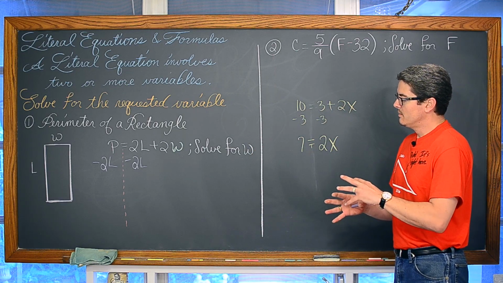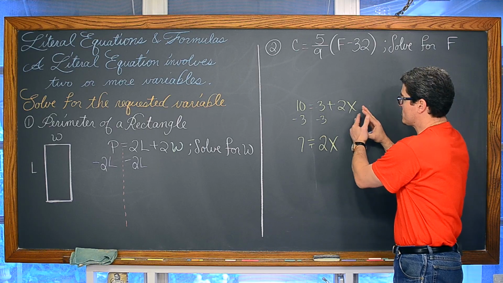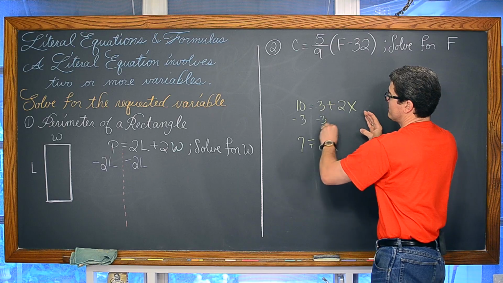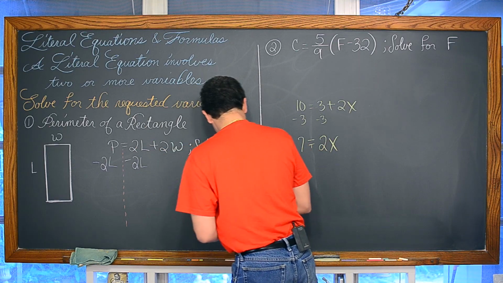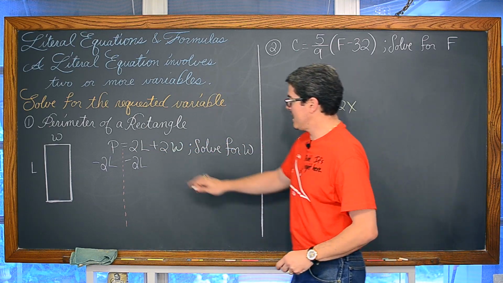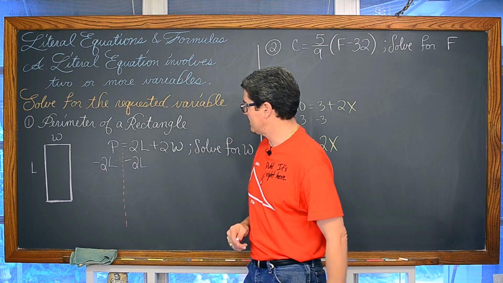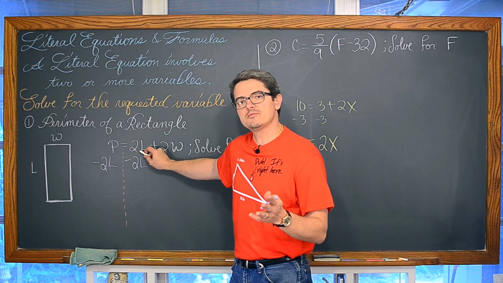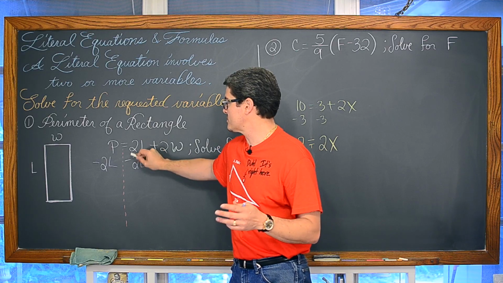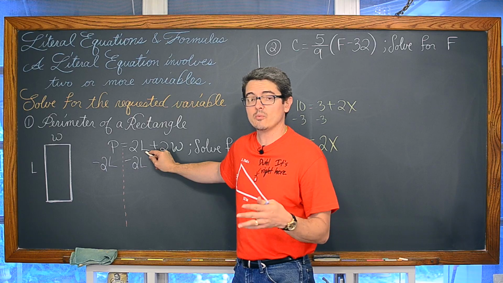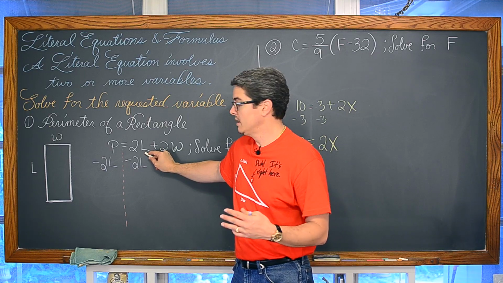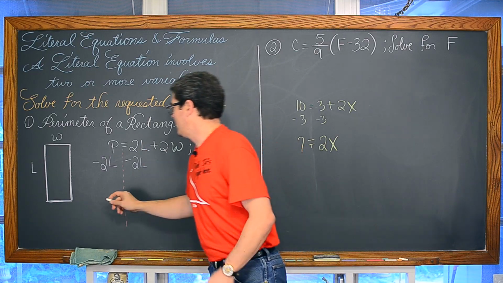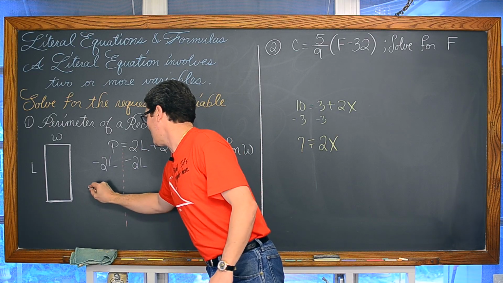So hopefully that tie-in with this less abstract example, something that we've been working with recently, and seeing that positive 3 and moving it over with subtraction, explains why I'm just taking this positive 2L and subtracting it over. And I'm saying positive 2L because there's nothing in front of this term. Really, I don't know what L stands for. It is a number which I don't know. And maybe L is a negative number and this term is negative.